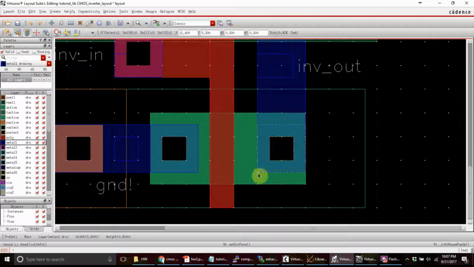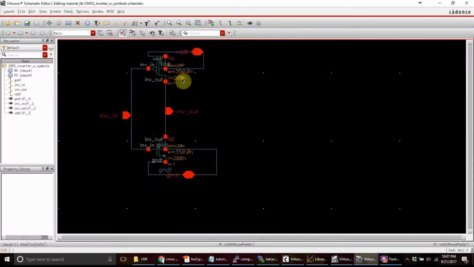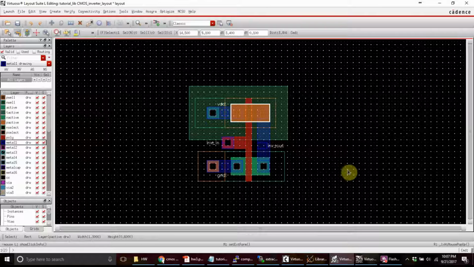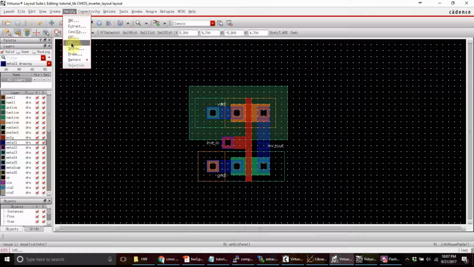Okay, so now next thing is, in schematic we have different sizes. So actually when you correlate schematic with layout, they will not count this sizing. They will just see if the transistors are perfectly matching or not. Okay, so now what we will do is, we will save this and go to verify. This is LVS. We select LVS,